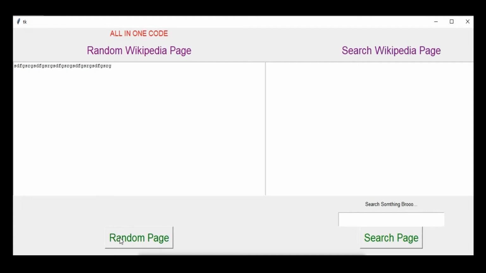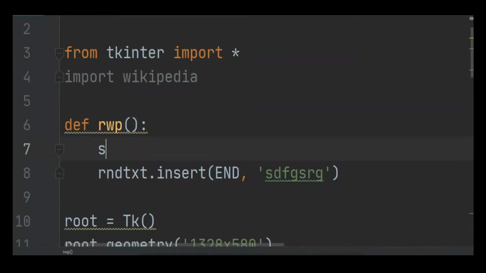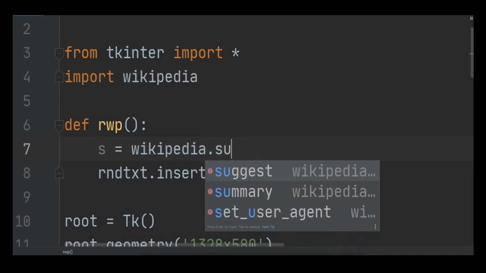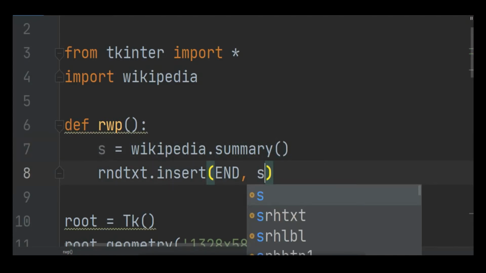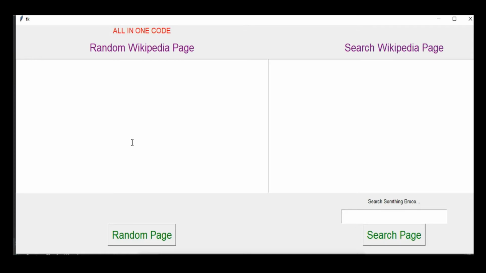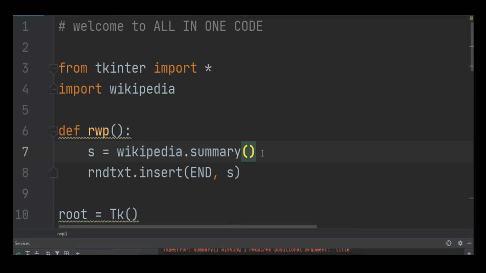Now I want that random Wikipedia page, and for that I'm going to use s equal to wikipedia.summary, and then I'm going to pass s in here. Let's run. Oops, we didn't get any summary. Let's try again. We didn't get any Wikipedia page because in the summary we have to pass a title, but we want our Wikipedia page randomly. And for a random page we are going to use the random function, wikipedia.random, and then we